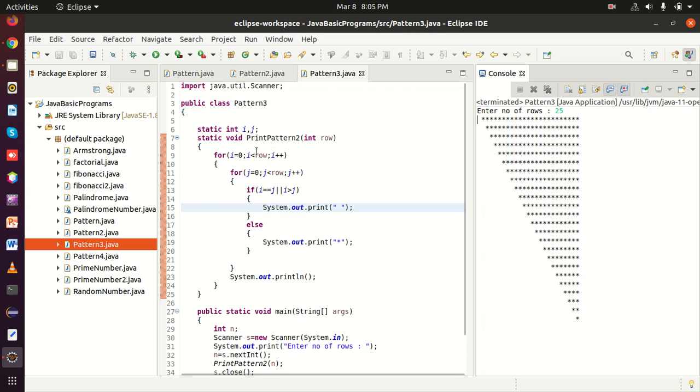So assume 1 byte equals 8 bits. So we will not be able to store a 9-bit value in 8 bits. So that is the range. We are going to define the range, and integer variables also have their specific range, and only within that range can we give the input here.